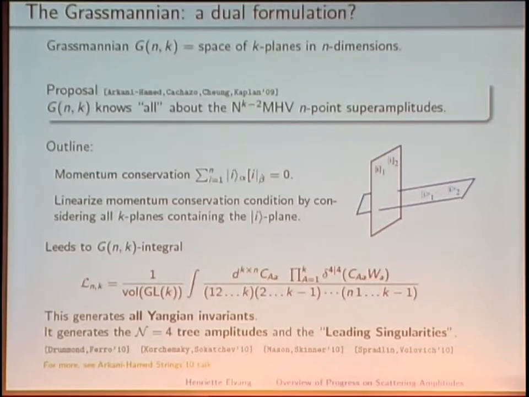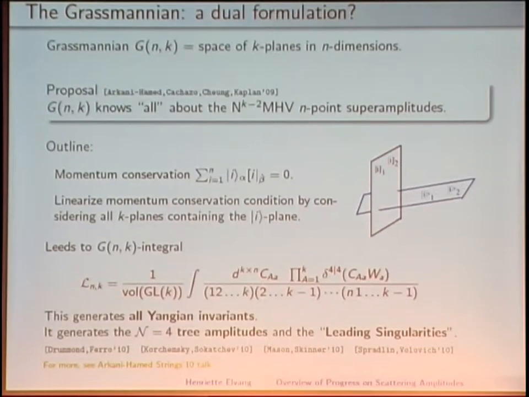Likewise, the square spinors define a plane. And the momentum conservation condition is simply the statement that these two planes are going to be orthogonal to each other. Now, you can linearize this momentum conservation condition by considering all the k-planes that contain, for example, this angle plane. And then, through a series of reasoning, you're led to a certain Grassmannian integral here over the matrices